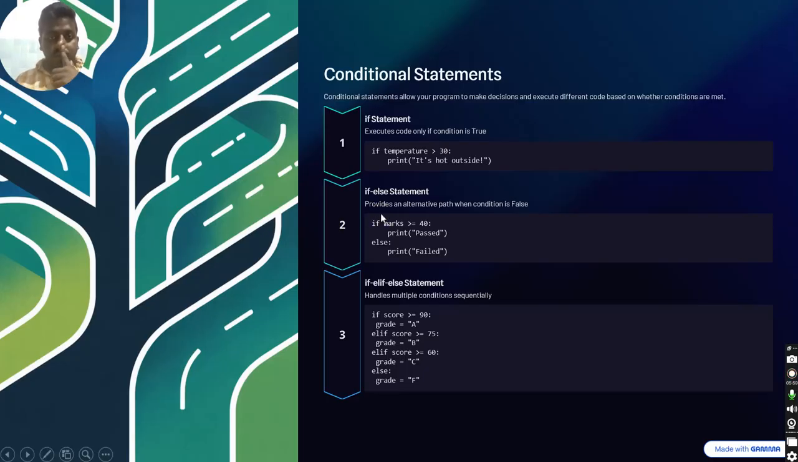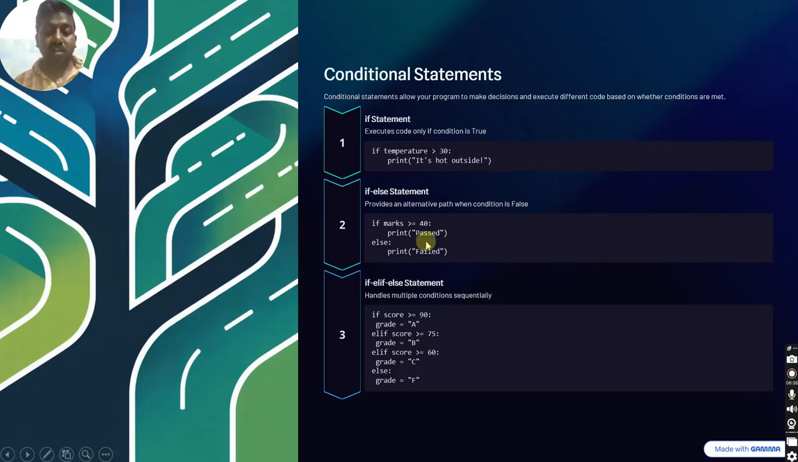And the next conditional statement is the if else statement. It provides an alternative path when the condition is false. So if the if condition fails, it automatically executes the else branch. Like you can see, if marks greater than or equal to 40, print passed, else print failed. If our marks are 39, it returns failed. Otherwise, it returns passed. So here, if the marks are greater than 40, that is 45 or 41, it automatically